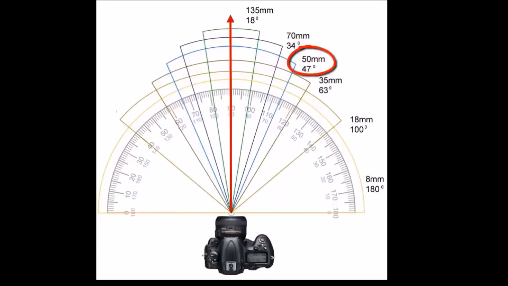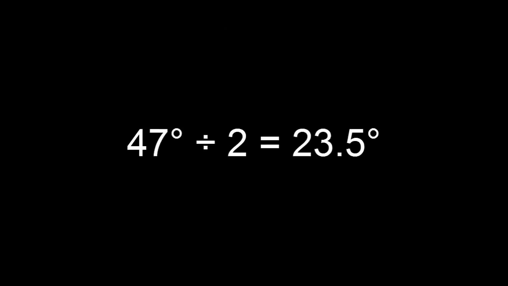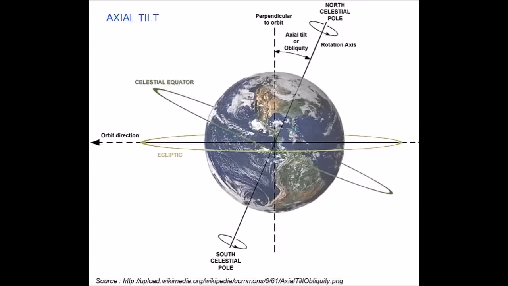So if we take that 47 degrees and split it down the middle, or divide it in two, we end up with 23.5 degrees, the very same angle as the alleged tilt of the globe Earth. And this is why the globe-Earth deception requires two North Poles and two equators, with a difference between them of 23.5 degrees, or axial tilt.